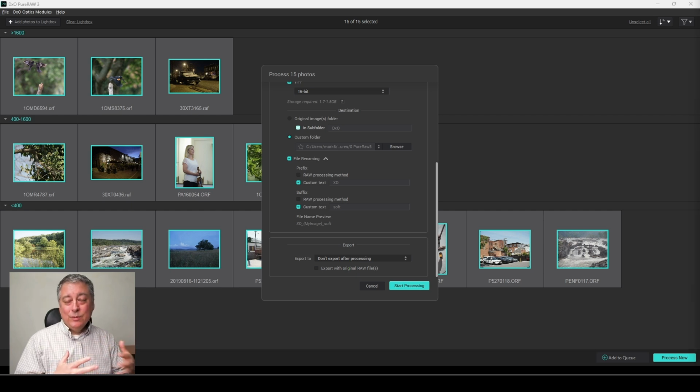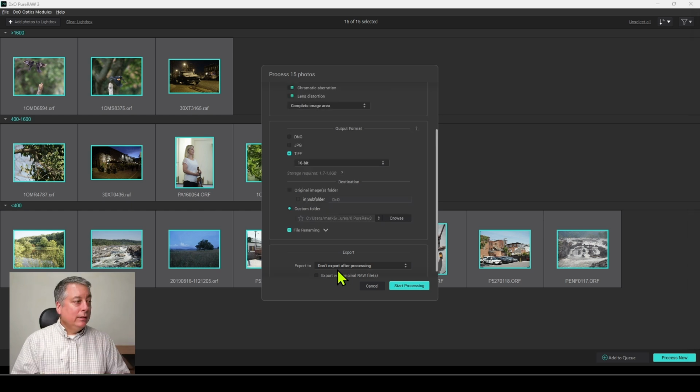And another reason you probably don't want to use the export to Lightroom, for example, is, trust me, it takes just one update from Adobe to mess up that particular feature. And it might be a month or two, if ever, before PureRaw is able to fix that particular incompatibility. So it's best to develop a workflow without using that particular feature and just use the do not